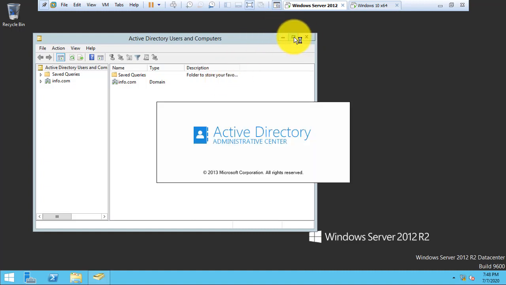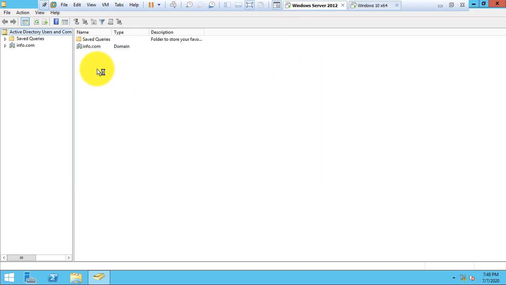So you can use either Active Directory Users and Computers or Active Directory Administrative Center. Here our domain is info.com.